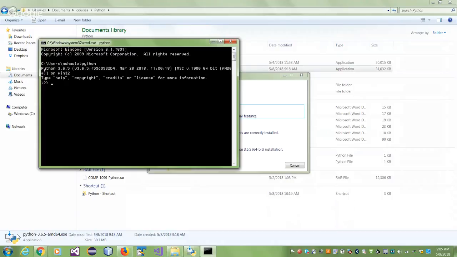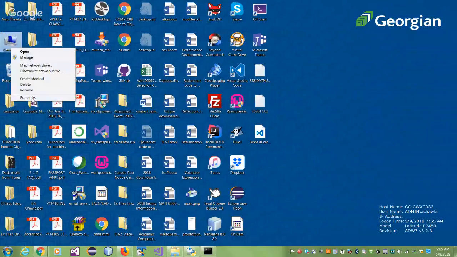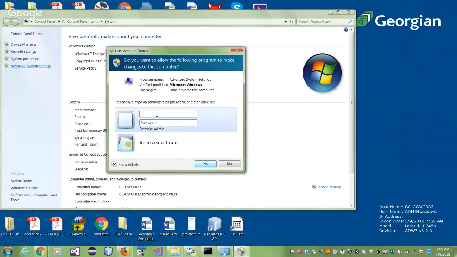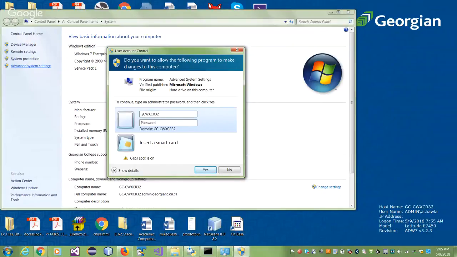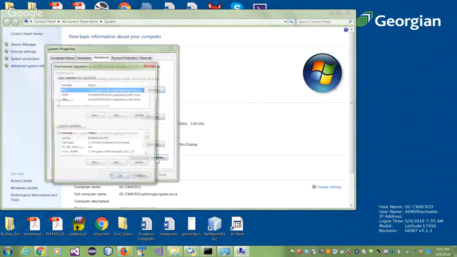Where do you find these path variables? I'm hoping you are aware of this. If not, ask me. So under your computer properties, under your advanced system settings, you will notice that you have environment variables. Why are they called environment variables? Because they're setting the environment of your machine, right?